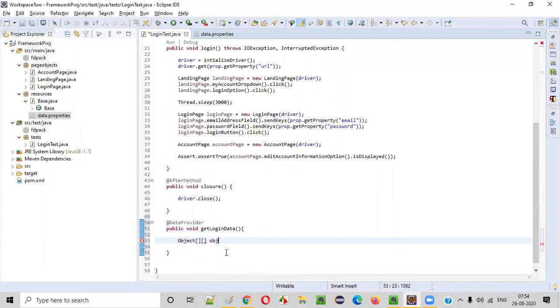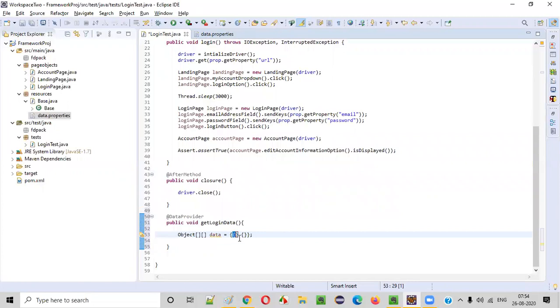So here Object[][] data equals, I'll give some sets of data. How many sets of data do I want to pass? I want to pass two sets of data. So, comma, like this you have to pass two sets of data. Surround this with curly brackets again. Put the semicolon here. And in this, write something like this.